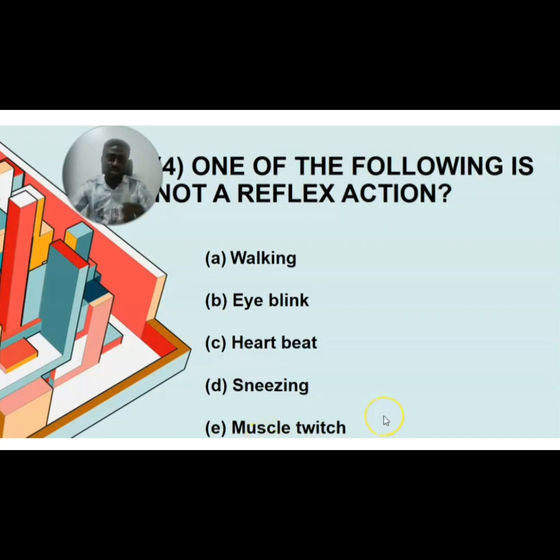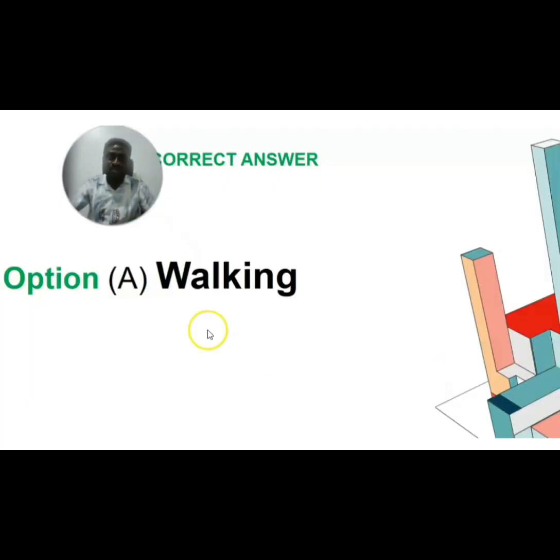Muscle twitch, of course, the muscles twitching at every point in time as we flex our muscles and do other things. So let's look at the answer. The answer is A, walking. All right, next